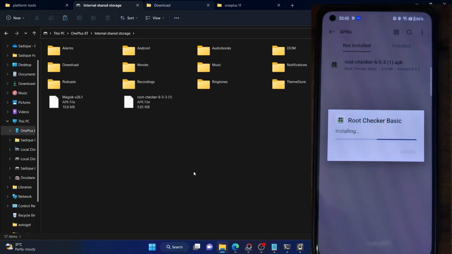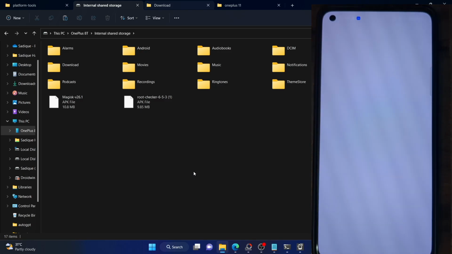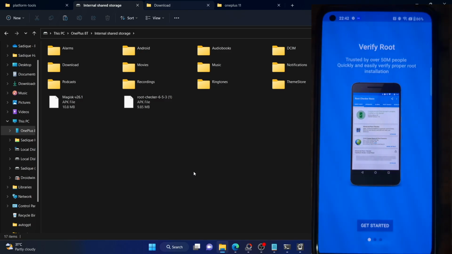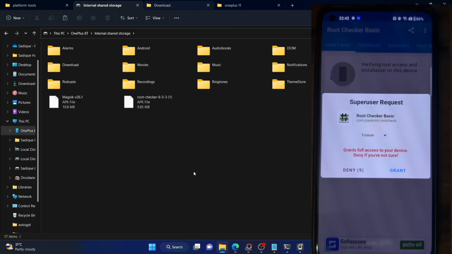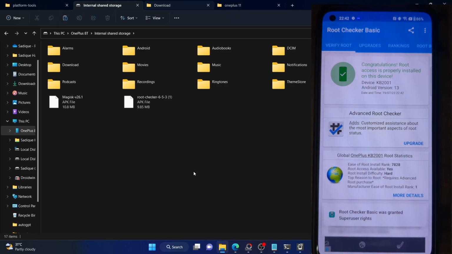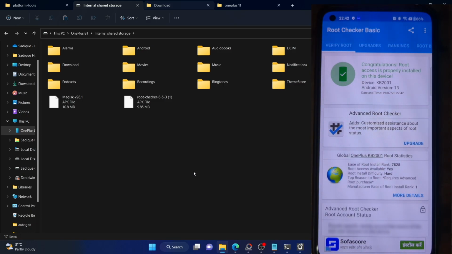So let's install the root checker app and then tap on open, then allow, agree to the terms and conditions, get started, and now tap on verify root. As you could see, we have now got the Magisk request. So just tap on grant, and as you could see, our phone is currently running Android 13 and it's rooted